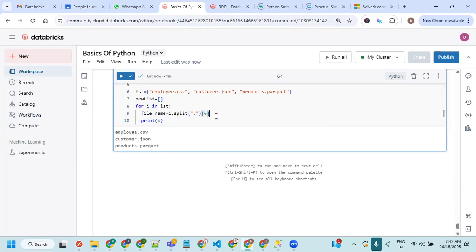Plus, you have to say upper. Plus, then I wanted to take the dot. Plus, then I need the extension. Extension is the same, I dot split. Here is going to be 1. Now, if I print this name,